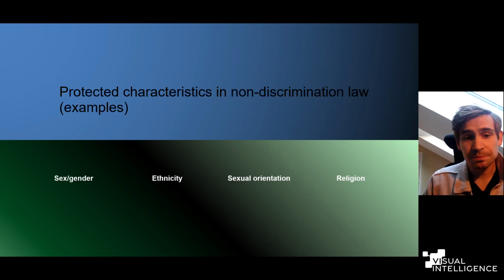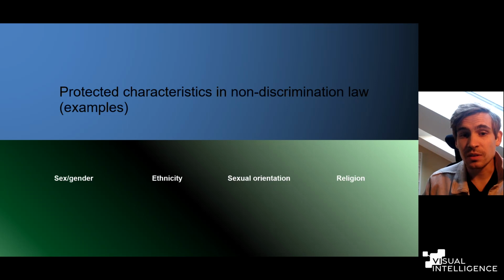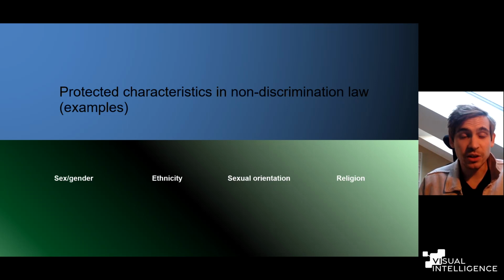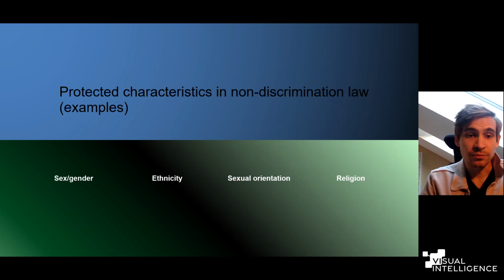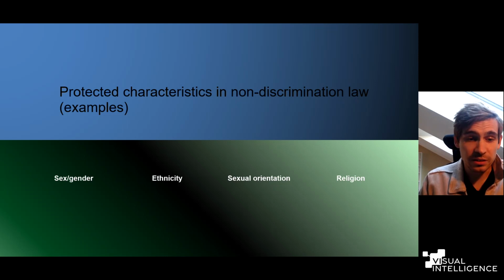But it's also important to note here that even if we cannot see that an AI system uses one of these characteristics directly, non-discrimination law says that the outputs that are undesirable should not be distributed in a way that is disproportionate to the detriment of a group defined by these traits. So even if we cannot see that an AI system relies on gender, for example, we should be able to define the outcomes that are desirable for an individual in a decision-making context and the outcomes that are undesirable. This is something that I discuss in my thesis,